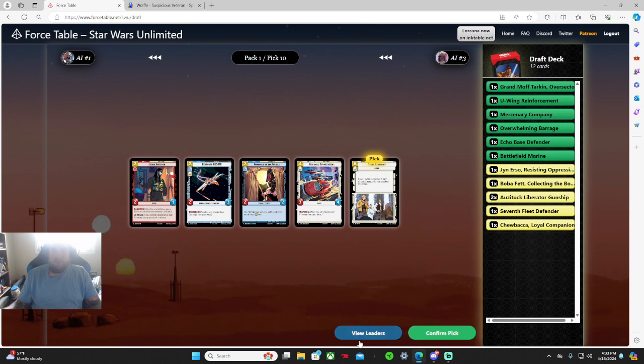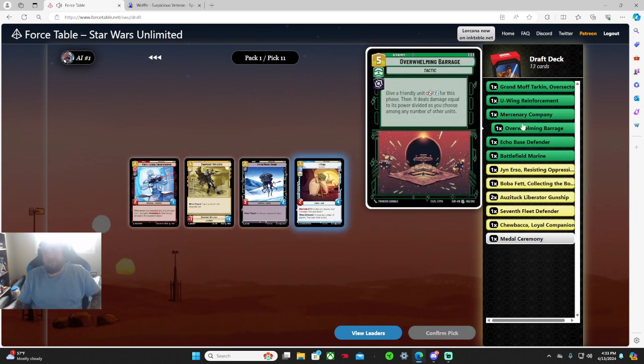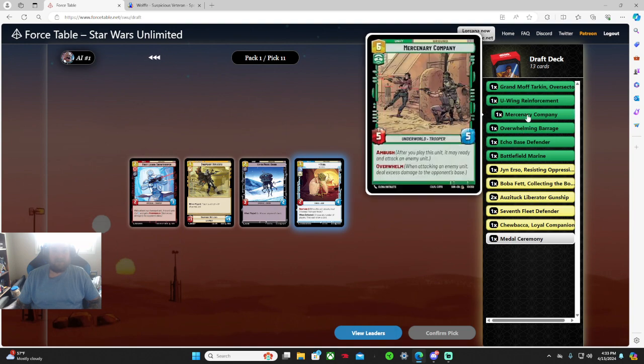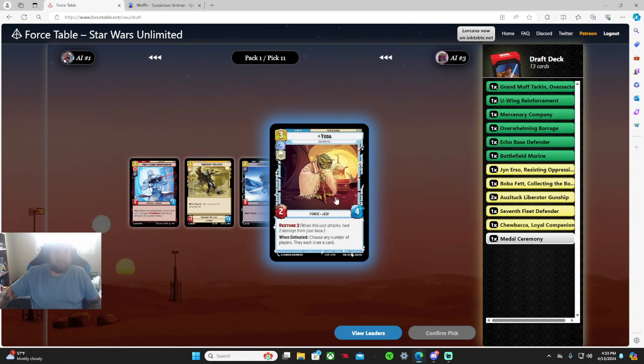Kind of upset about the overwhelming barrage, but it's almost like this card's almost good enough, honestly. Like, this is a bomb. If you want, I could play this probably out of aspect as a 7 and it'd still get value. Not for sure, but